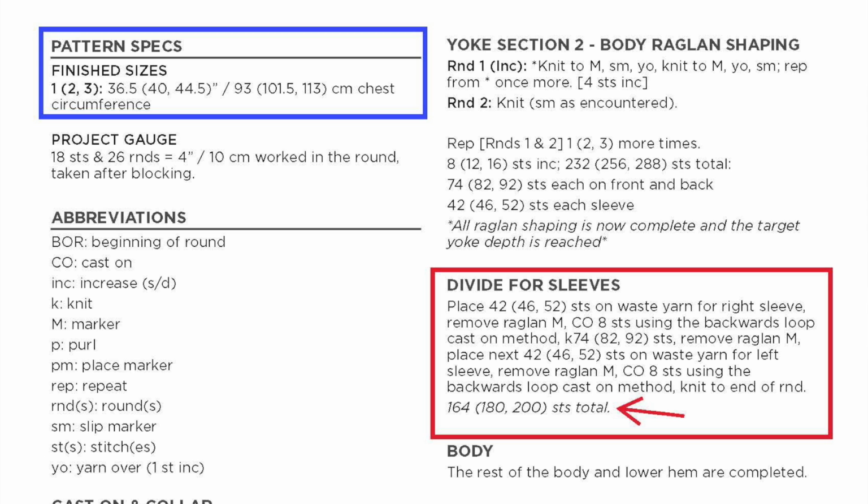Let's just take a quick look at an example from episode 6. This is a top-down raglan style sweater, and the gauge for this pattern, which is just below the blue box at the top of the page, is 18 stitches and 26 rounds over 4 inches or 10 centimeters. But let's imagine that you have knit your swatch and you have a gauge of 19 stitches over 4